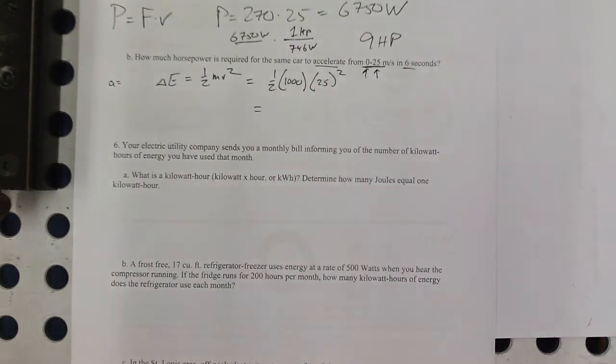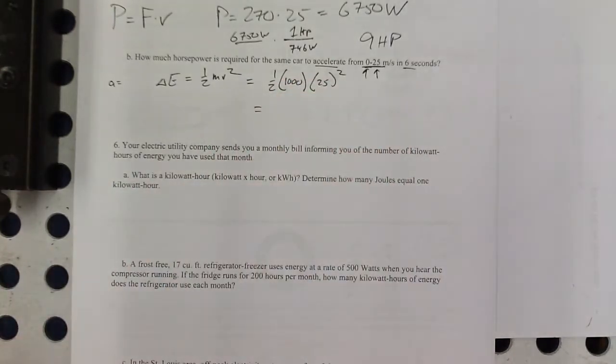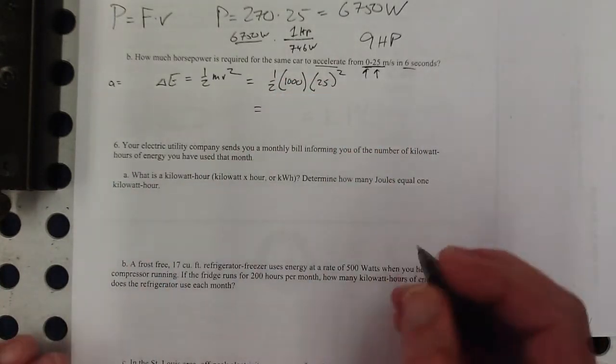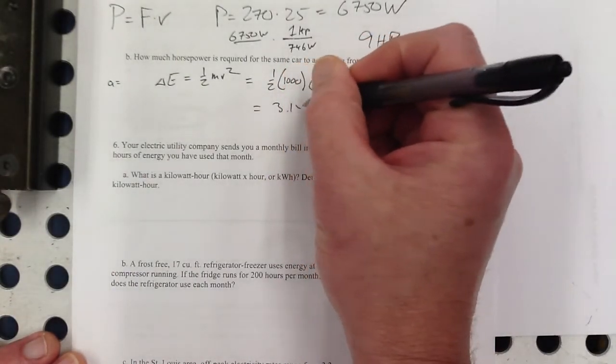So 500 I meant to do. Right, half of 1,000 is 500 times 25 squared is about,